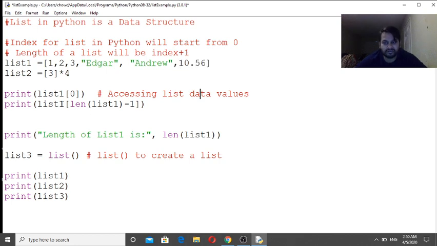How can we easily do that? List 1 and then indexing. So these are whole index. How can we do that? We can get the length of list 1. So list 1 length is 6, right? Minus 1, that is 5. So this is index 5, right? So list 1 index 5 equals